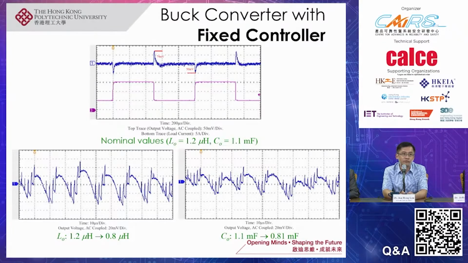But if we reduce the inductance value from 1.2 to 0.8 microhenry, we can see that the converter becomes unstable. The same happens when the capacitance value is reduced significantly from 1.1 to 0.81 millifarad. We can also see that the converter has become unstable.